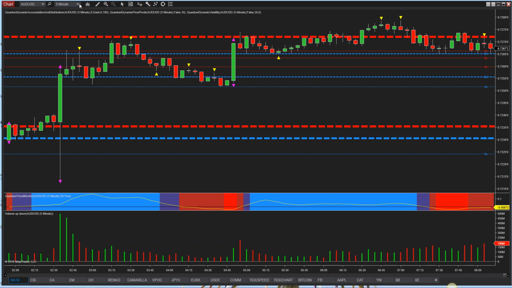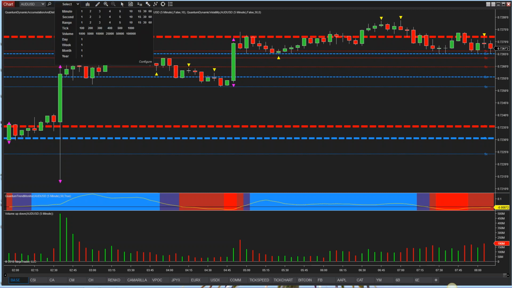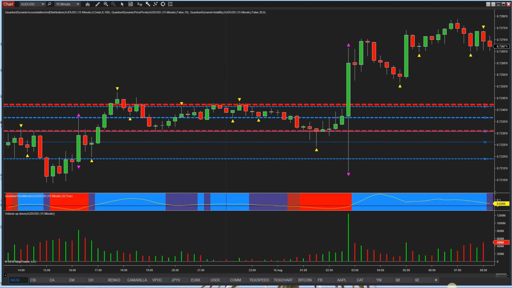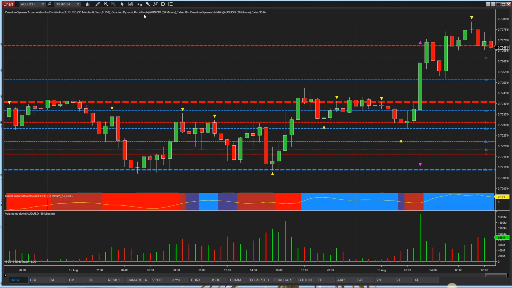Now, if we want to find out what's going on in a slower time frame for various levels further away from that, we simply just step up the time horizon. So we go to 15, let's go up to 30, and obviously you would have all these charts on at the same time. Here you can see we had a very strong area that was breached here. This was the news release, went straight through there, and it gives you a perspective going right the way back